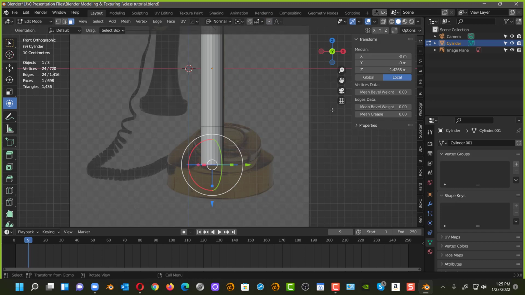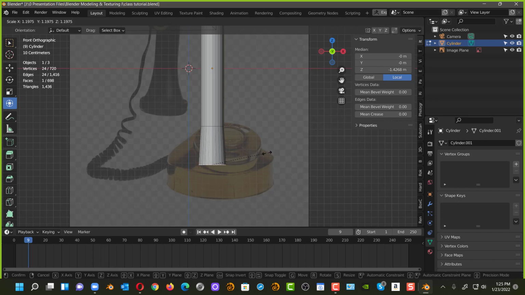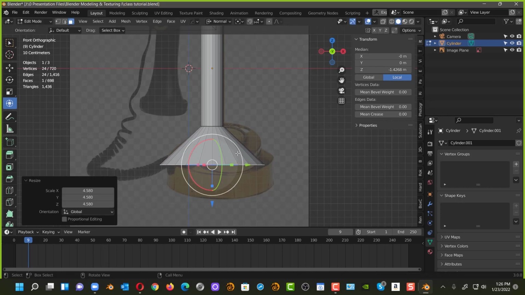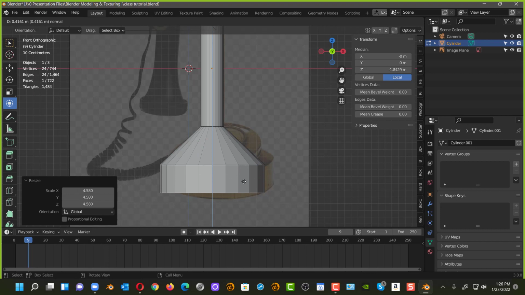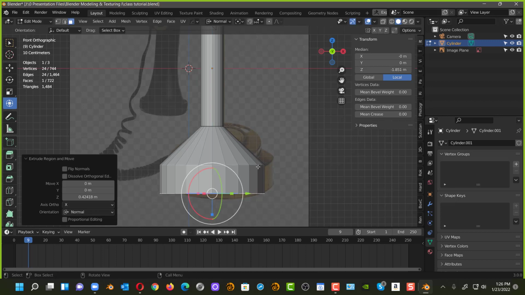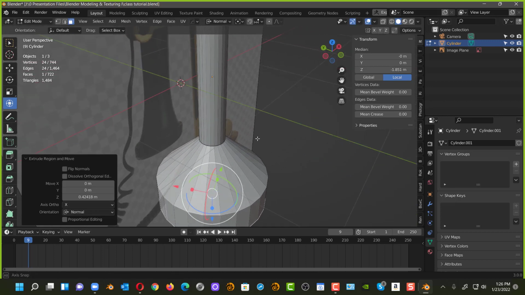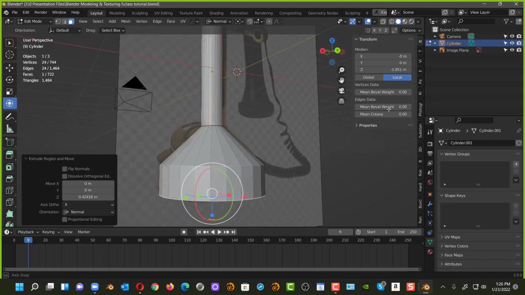Now, when I hit the S key, see, now it's doing what I expect it to do. Okay, so I'm going to take it somewhere, something like this. Hit the E key for extrude and extrude it down like this. Okay, and click here. Now, I'm going to pull it out of this mode, and that's basically it, except this